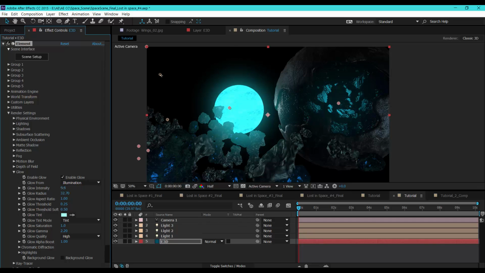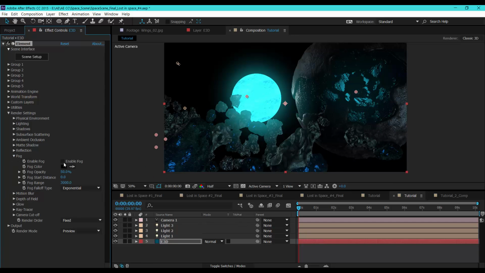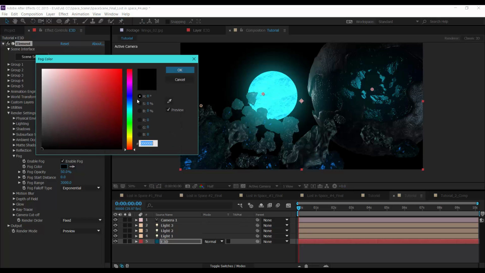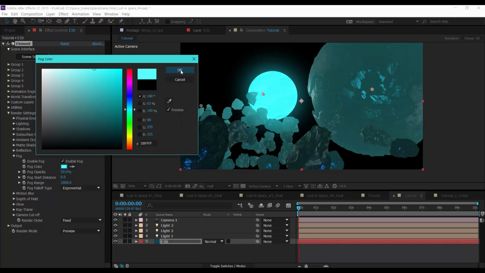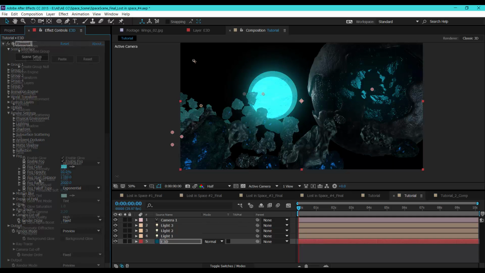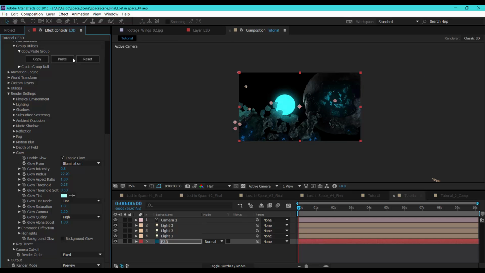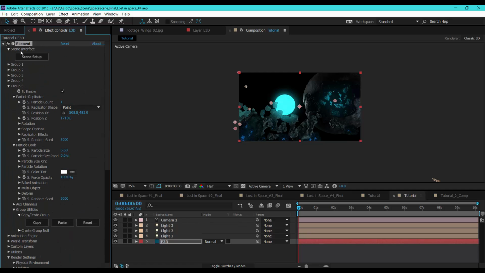Maybe let's 0.8, and we can also turn on the fog, so create some more realistic look. So let's make the color this. Okay, I think it's looking good. Let's add a background.